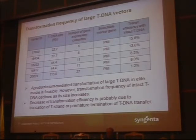Talking about the delivery of a trait, normally we do transformation these days with Agrobacterium-mediated transformation. I have a table here showing the size of the T-DNA and what your transformation efficiency is as you increase the number of genes. The first rows are a 6-gene expression cassette, so the T-DNA is not that big, about 22 to 23 kb, and you have a reasonable efficiency of around 15%. However, if you increase the number of genes to 11, that's about 40 kb,